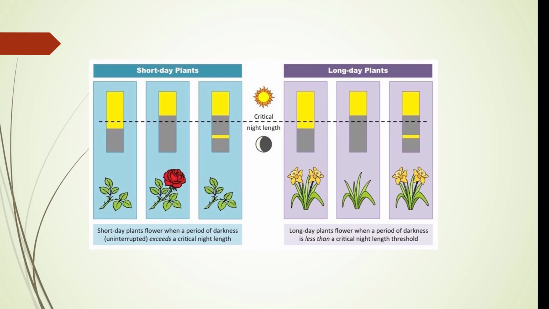So you can see on the top it's short, but then at some point during the night, there's some light introduced that will affect the flowering on short day plants. Long day plants need to have uninterrupted time of light, and this is usually cut off at halfway, right? It's a little over 12 hours of light for long day plants and a little over 12 hours of darkness for short day plants. And you can see what happens when you don't have the right amount of darkness or interrupted darkness.